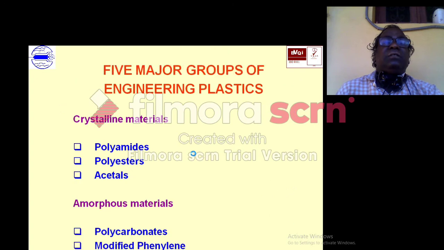First we'll see the five major groups of engineering materials. Plastic is generally divided into thermoset and thermoplastic. Within the thermoplastics there is a further classification into two different types of materials. One is crystalline material.